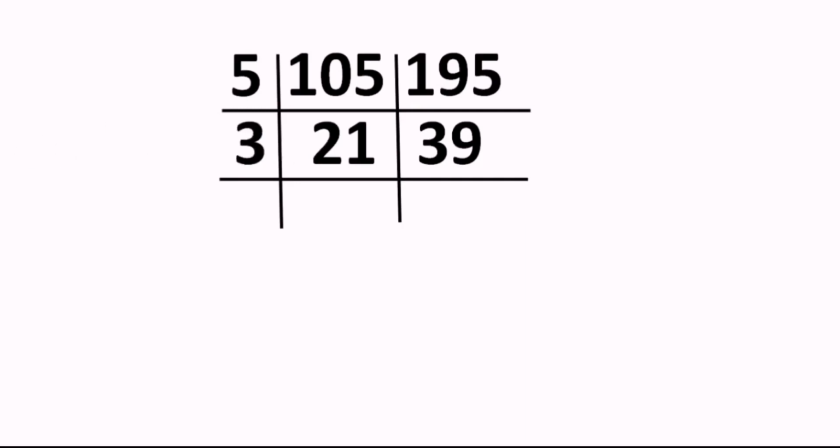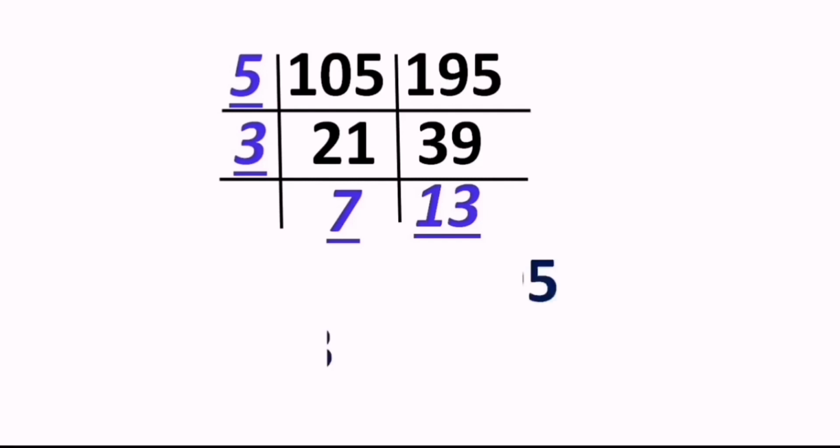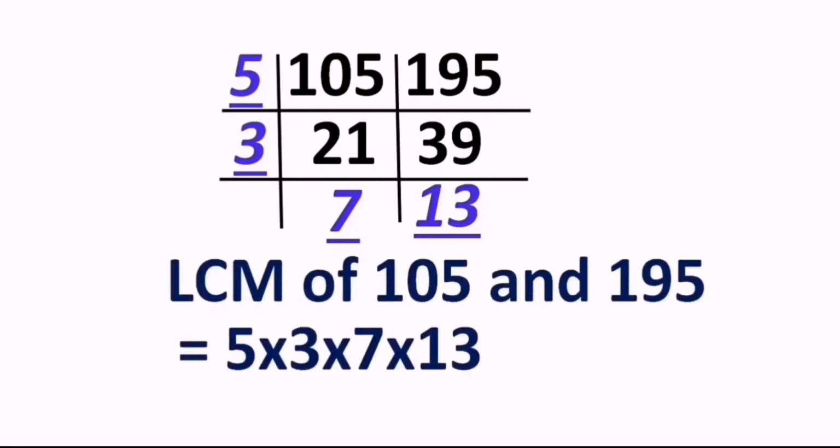Yes, 3, because 21 makes the digit sum 2 plus 1 is 3, and for 39, it is 9 plus 3 is 12, and both the numbers are divisible by 3. And so when you divide 21 by 3, we get the answer 7, and 39 by 3, we get the answer 13. And now these 7 and 13 at the bottom won't be divided by any other number because they are prime numbers, and that's the end of the LCM method. So what we get over here presently is 5, 3, 7, 13 as the corner and bottom numbers, right? And in the multiplication we get the answer 1365 as our LCM for 105 and 195.